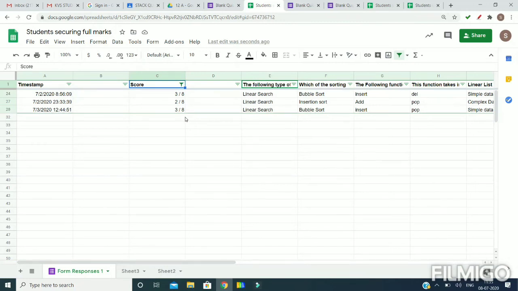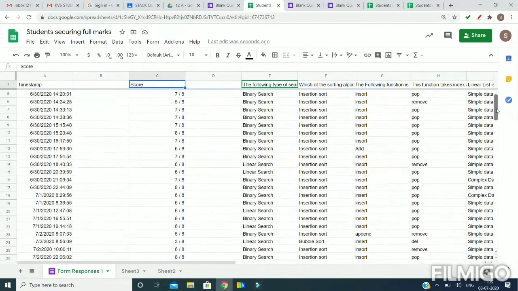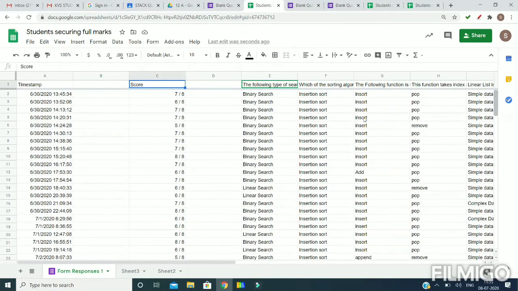And suppose I want to save the data into another sheet, I will follow the same process as I did before. So friends, you can analyze any of the columns by using this, and whenever you want to remove the filter, you just click on it and make it off and then you will be able to see all the data. Now one more thing we can see.